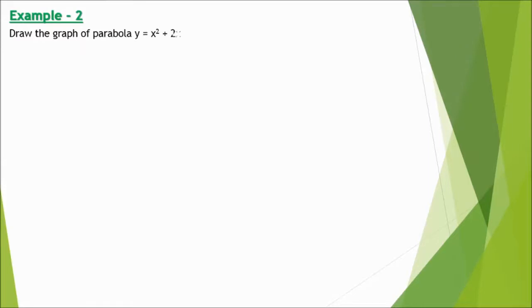It is our example 2. Here, what we are going to do is draw the graph of a given parabola, and we have to mention the characteristics also. By mentioning the characteristics, solution: